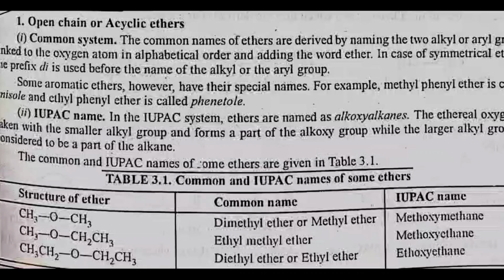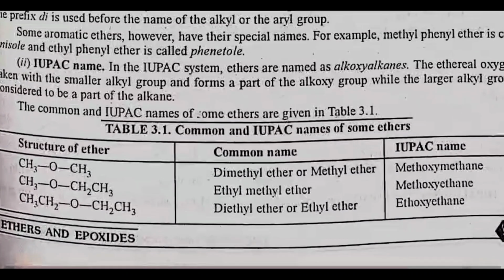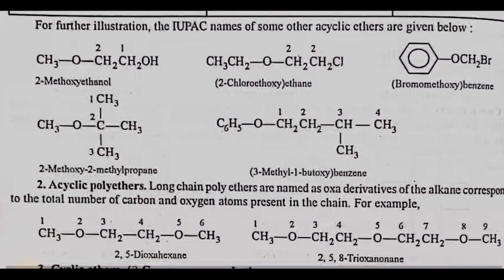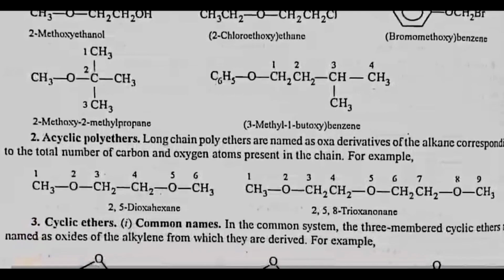Second, IUPAC names. In the IUPAC system, ethers are named as alkoxyalkanes. The ethereal oxygen is taken with the smaller alkyl group and forms a part of the alkoxy group, while the larger alkyl group is considered to be a part of the alkane. For further illustration, the IUPAC names of some other acyclic ethers are given below: 2-methoxyethanol, 2-chloroethoxyethane, bromoethoxybenzene, 2-methoxy-2-methylpropane,